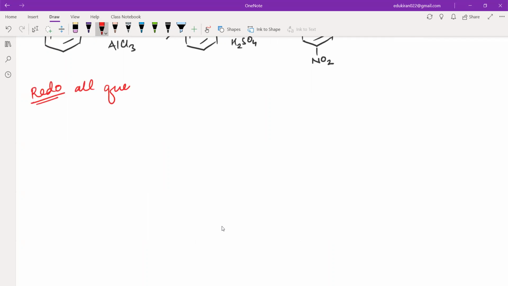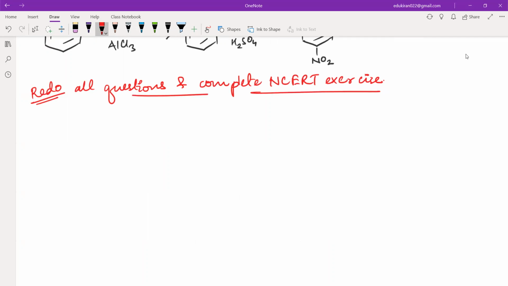all questions and complete NCERT exercises। Complete the NCERT exercise, okay? Please complete it। और उसके बाद देखिए आप लोग के पास ना एक नोटबुक होना चाहिए, that will be helpful। That notebook should have all the question and answers from NCERT in that notebook, nothing else, just question and answers